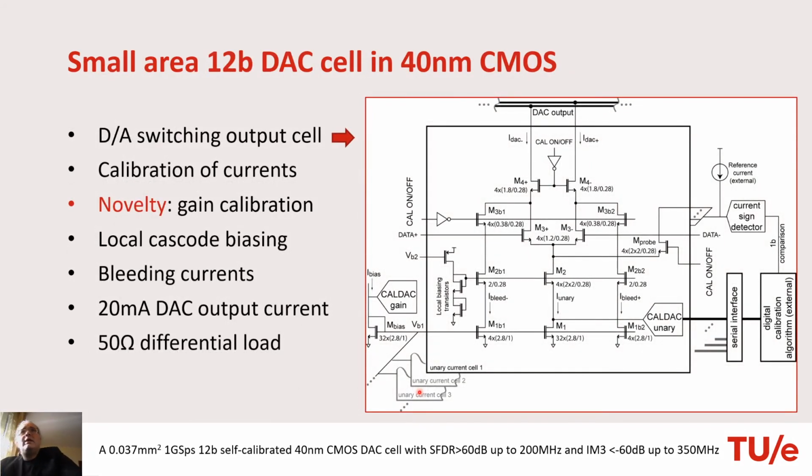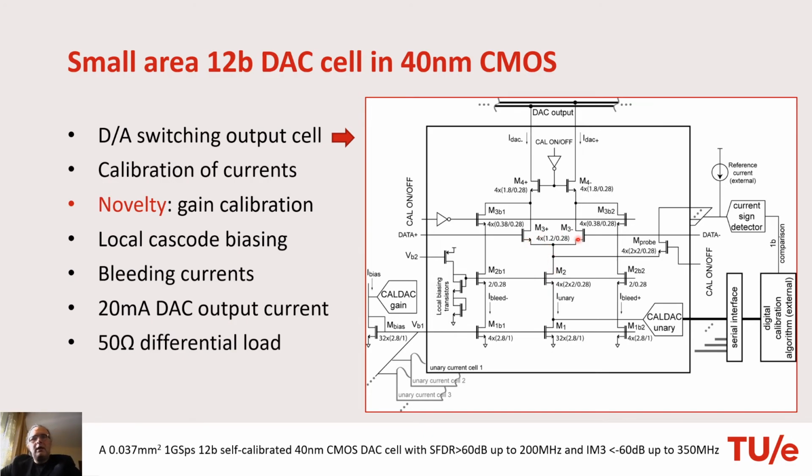So this is the architecture, the output stage of the DAC that we implemented. This is the main cell here, the DA switching output cell. This is the current source, and then in its drain a calibrating DAC is connected. This calibrating DAC can generate correction current, either add or subtract, so that the unary current is actually adjustable. This is a current cascode,